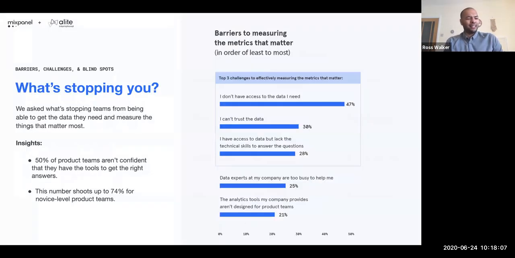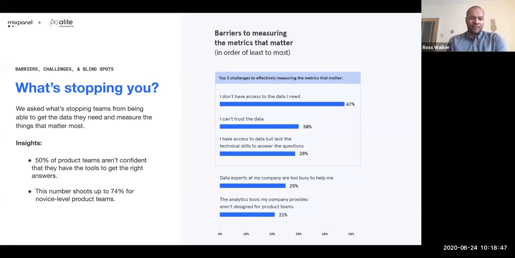And I think this leads very well into the next slide: if you don't have these metrics, if you don't have answers to these questions, what challenges are product teams and product leaders facing today that ultimately aren't allowing them to get the answers to the questions they care about? Actually, it's a combination of things, based on the feedback from the people that we surveyed. The three big ones, the top three challenges that we've seen, start with being able to collect the data that they need. We first need to collect that data and provide access to the product teams to make sure they can get answers to the questions that they have.